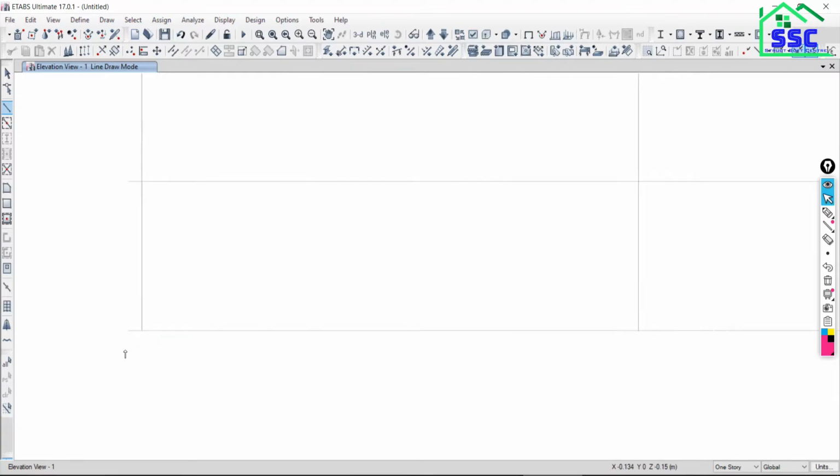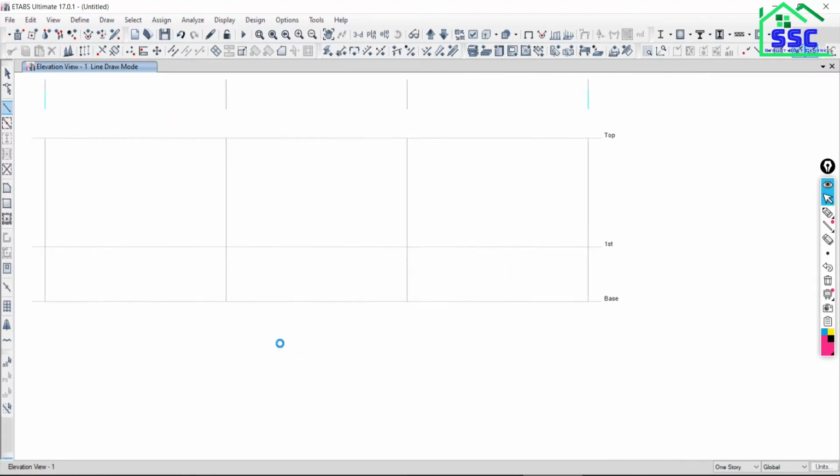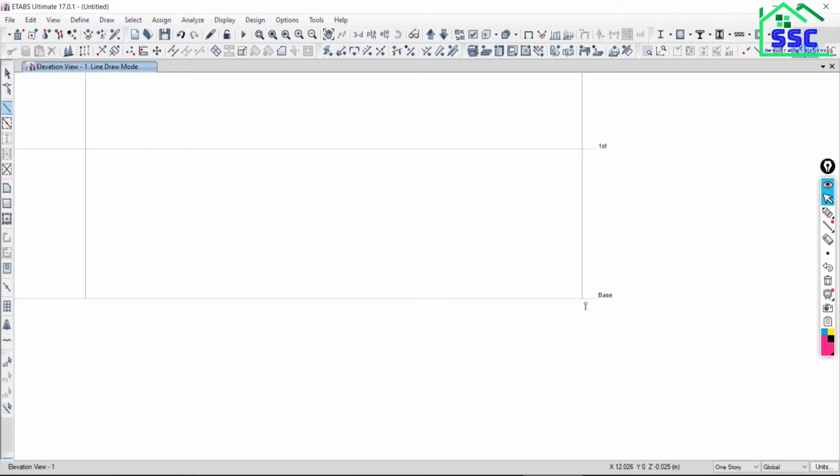So this is the base point. I am just trying to show from this point so that it is visible. Unless you get the red plus sign, or the naming as grids, don't click on that point. If you start from a particular point at a far distance, that will create an error in your model.